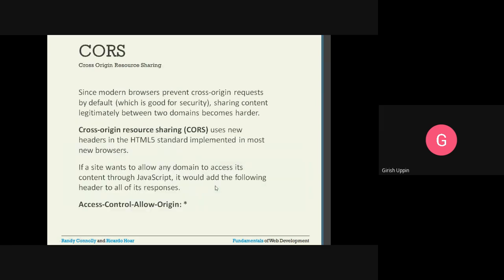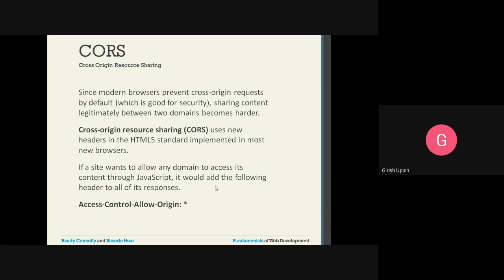Cross-origin resource sharing. Since modern browsers prevent cross-origin requests by default, which is actually good for security, sharing content legitimately between two domains becomes harder. Cross-origin resource sharing uses new headers in the HTML5 standard implemented in most new browsers. If a site wants to allow any domain to access its content through JavaScript, it would add the following headers to all of its responses.